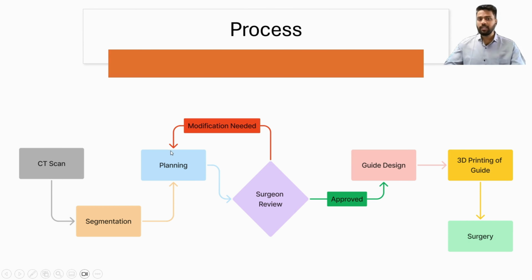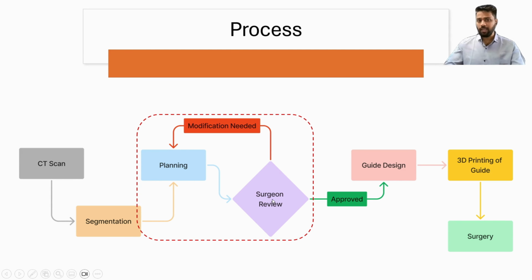If there is a modification, then they need to submit the planning to them again. Once approval is received, they can go for the guide design. And once the guide is prepared, they can go for 3D printing, and then those guides will be used while doing the surgery. So what happened here? This red marked part, where we have the planning and the review,